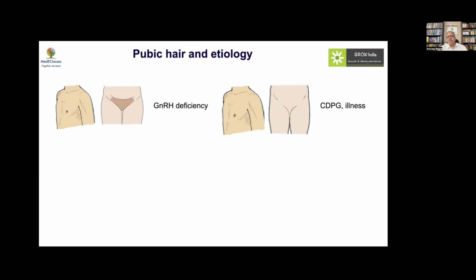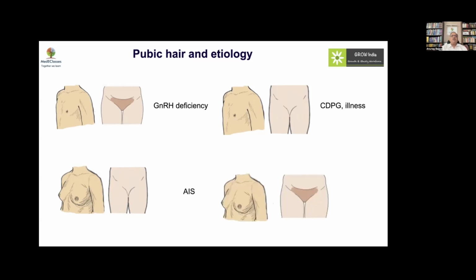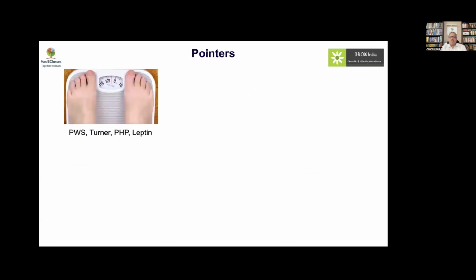Rarely, this could be because of a multiple pituitary hormone deficiency or a steroidogenic defect. If, however, there is a girl who has a normal breast development and no or sparse pubic hair, this may be the only marker of androgen insensitivity syndrome. While if everything is normal, breast is normal, pubic hair is normal, but there are no menstrual cycles, this could be a malformation. So always club your pubic hair with breast to get a good diagnostic clue in terms of